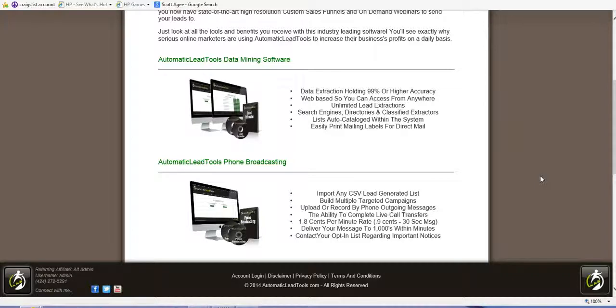And you can charge whatever you want, right? You could have Joe's Pizza down the corner, and you could broadcast his lunch specials out every single week or something and charge him $1,000 a month or $2,500 a month to broadcast once a week. All right, and you've got the software to do it. It's not costing you much. All right, so there's tons of ways to use it and own it and utilize it. You just have to use your imagination a little bit.